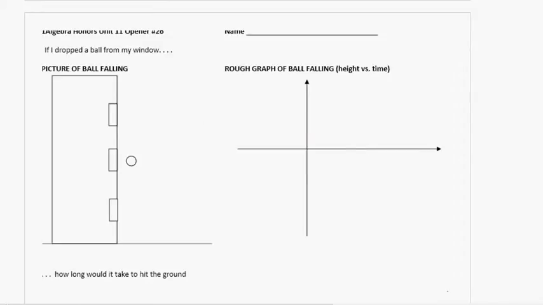Alright, so let's look at this problem and see if we can make sense of it now. So there's the picture of a ball falling, and if I dropped it, it wouldn't look like that, right? Because I'm not throwing it. I'm not exerting any horizontal force on it. I drop it, it looks like it falls straight down, which many would look at and say, that's not a parabola. But in fact, when I'm graphing the height with respect to time versus time,